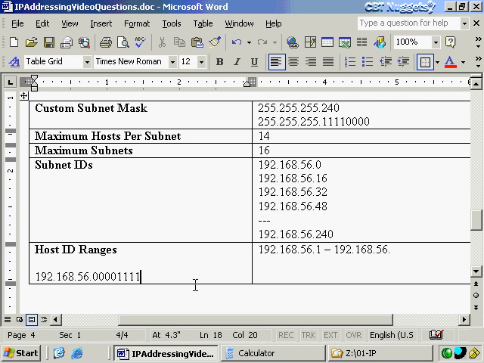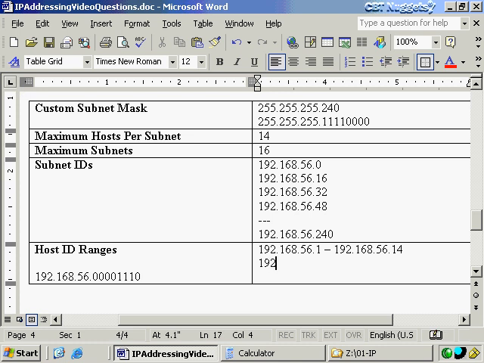Well, remember that I cannot have all 1s in the host portion, so I can't use that. Instead, I'll have to back off a 1 and put a 0 in the last position there and make this instead a 14. Then for my next item, normally we would just increment this. Our next one would be 16. At least that's what it looks like in the previous examples we had, but we can't do that either because